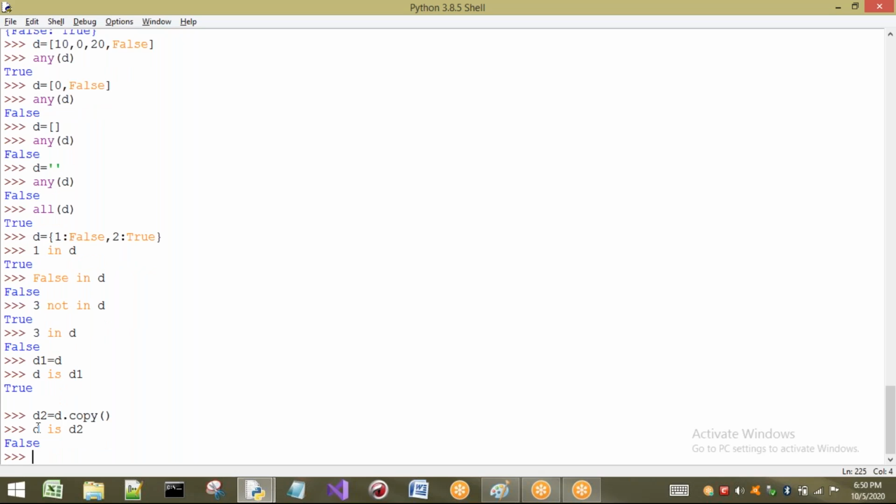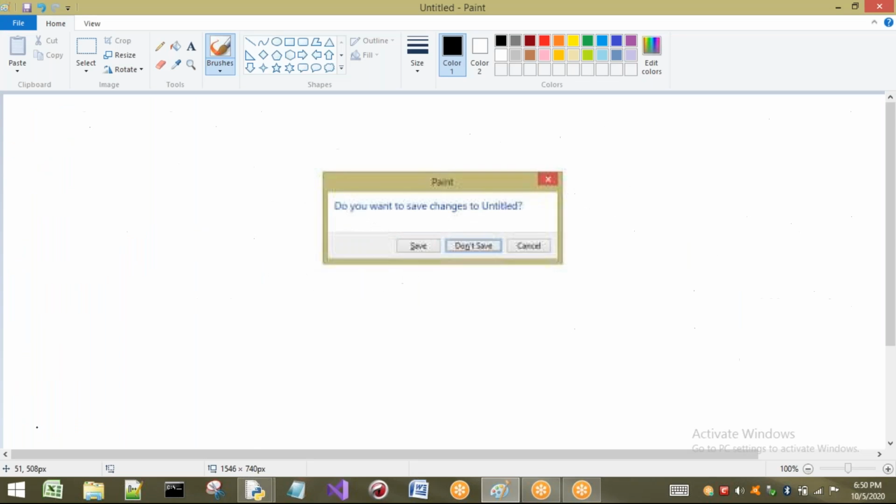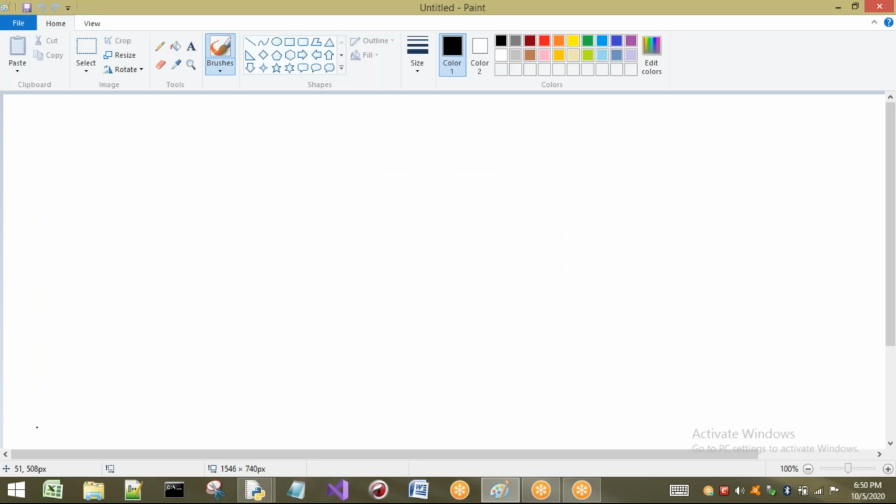We already know about membership and identity operators. Anyway, I am just showing you that they can be applied to our dictionaries also. Now, the last concept in our dictionaries is dictionary comprehension. We have already seen list comprehension and tuple comprehension.